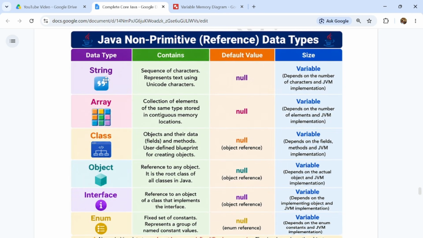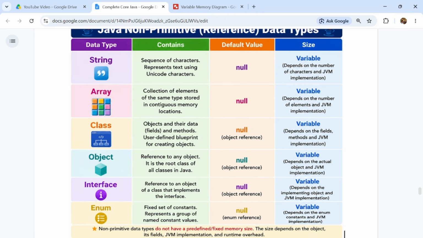See, guys, the string is a sequence of characters, default value null, and size depends on the JVM implementation. And array is a collection of elements of the same type, and this is also default null. And class, objects and their data fields. So like this we have all the reference data types. Please go through every reference type, guys. These are very useful, guys.